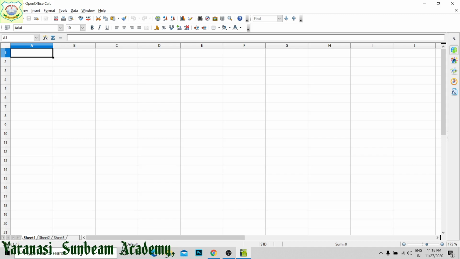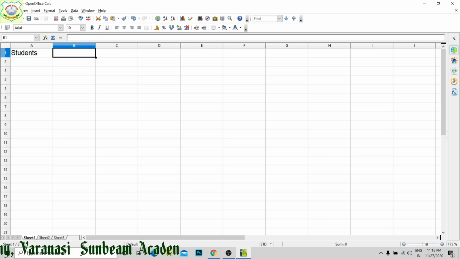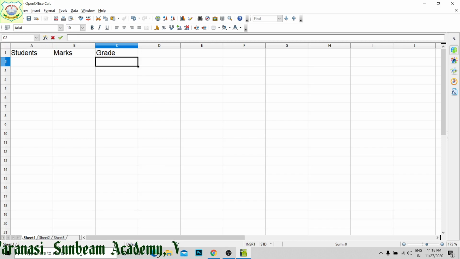In this, it has been given in a worksheet, enter marks of your classmates and then determine their grade as per the following specifications. If the child has got 49 or below percentage, then the grade will be E. 50 to 74, the grade will be CB, and 75 or above, the grade will be AA. So first of all, I am going to write students, then their marks, how much marks they have got, and we have to find out the grade.